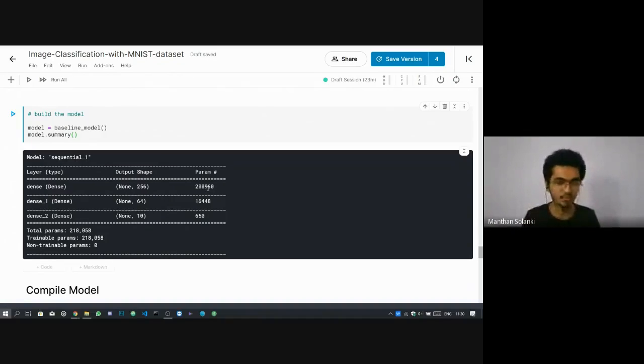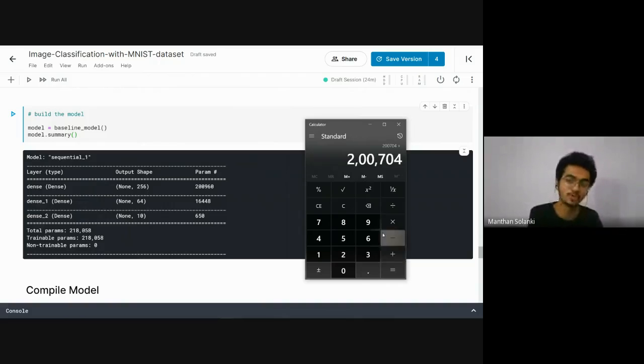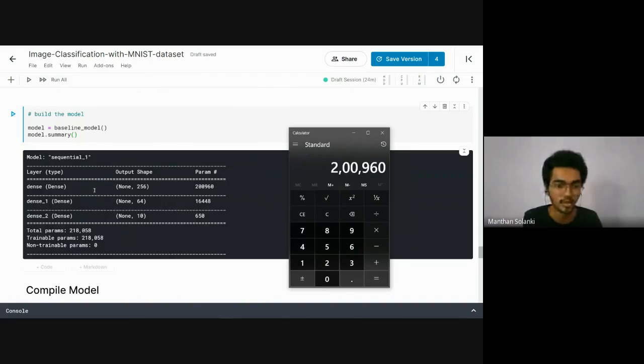So how can these parameters be calculated? We have 784 input parameters multiplying with 256 neurons, plus we also calculate the bias. For each individual neuron there is one bias. So for 256 neurons we have 256 biases. So this is the parameter count for one layer.